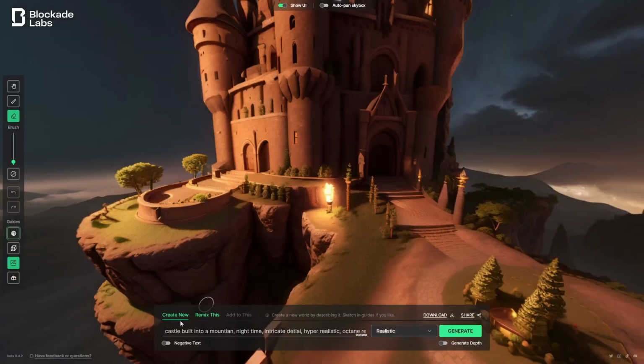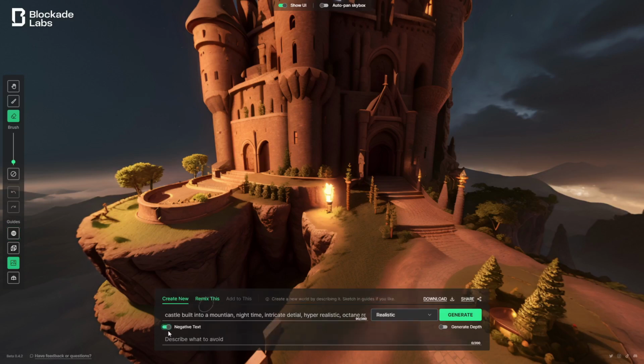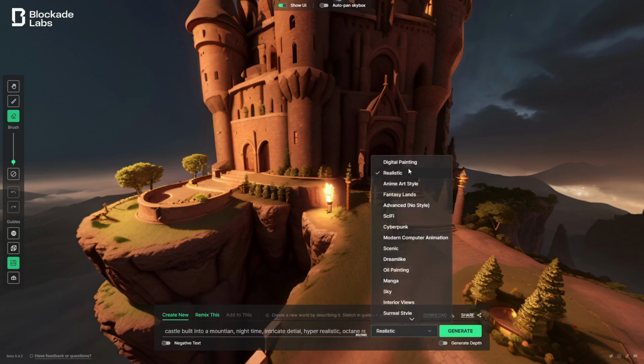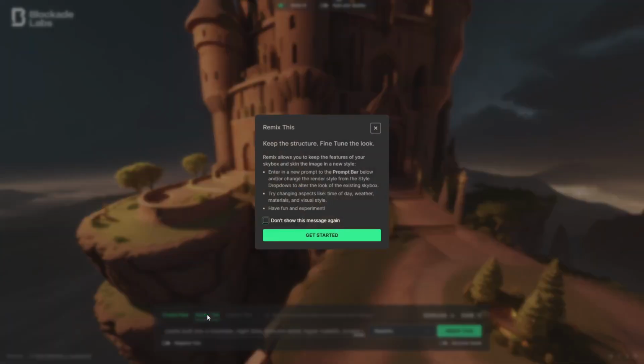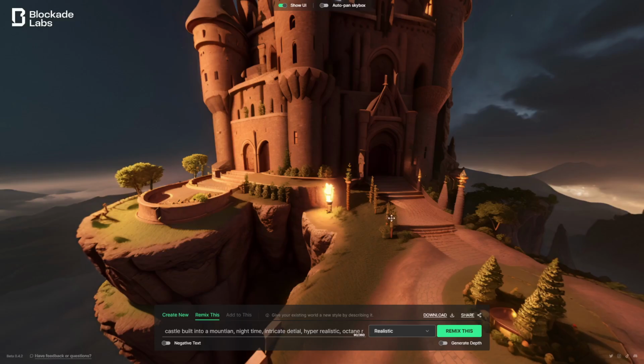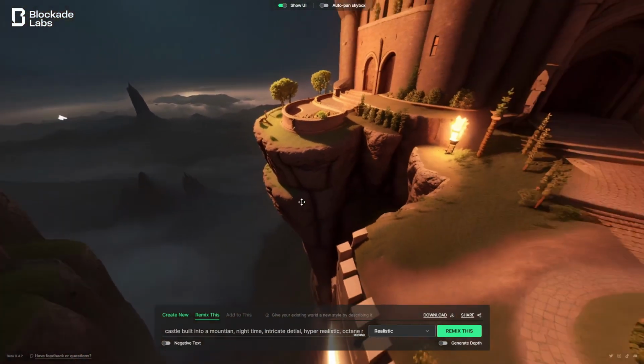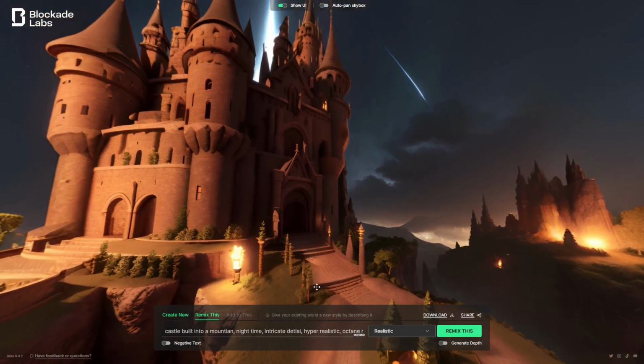And then of course down here, you can change it from create new to remix. You got your prompts here and your negative prompts if you so choose to add them. And these are the different styles that you have. Remix is for changing the existing style. So if you don't want to create a brand new style, you can just remix, and you can do something like